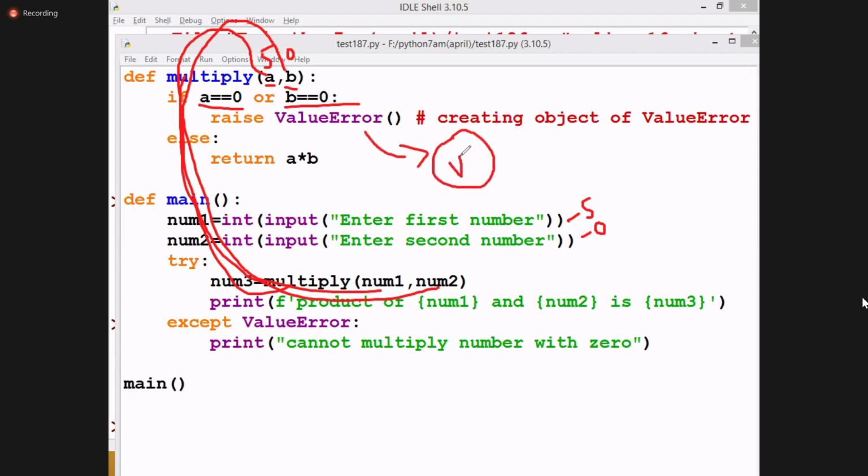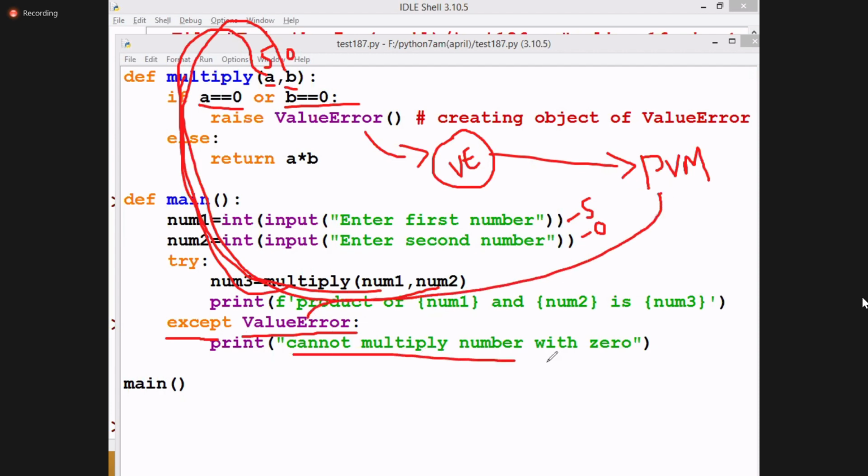This is which object here? Value error object. And this value error object is given to PVM. So what is PVM looking for? An except block. Is there an except block with value error? Yes. Then it is handled by this except block and displays the message: cannot multiply number with 0.